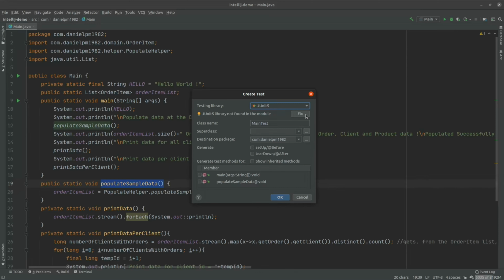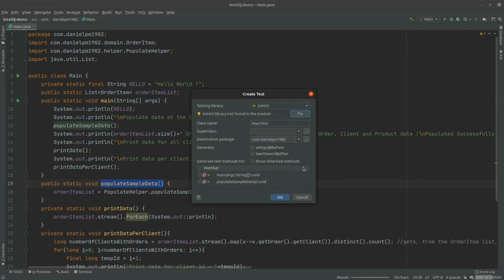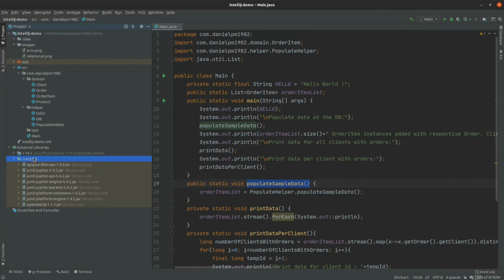And by clicking here, it will automatically download all the dependencies for the JUnit 5. Even though in this project we are not using Maven, IntelliJ will be able to download this external dependency and automatically add that to the class path or to the module of our project, simply clicking here, fix. So let's click it. Here is the dependency name. You simply press OK. If you just cancel here, let's just see that the dependency has been added. Here it is, all the jars or dependencies for the JUnit platform engine and commons, as well as for the